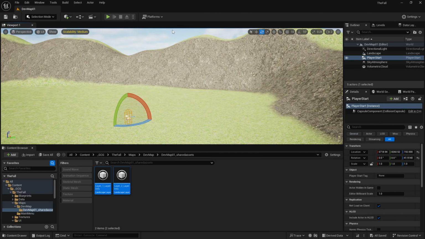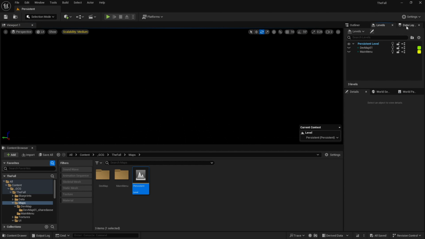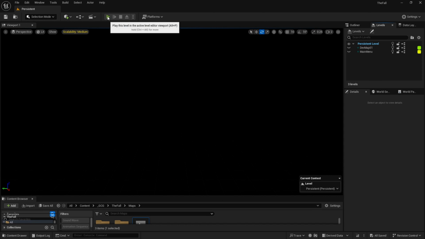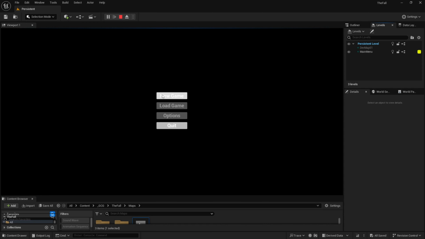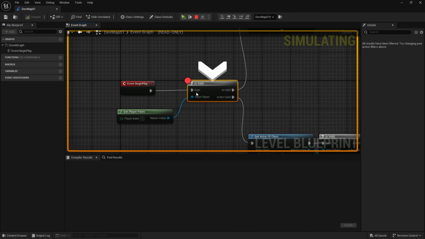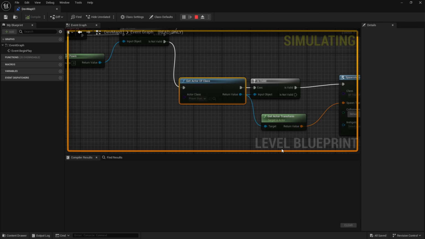So we're going to close out of our level. We are going to go to our maps and our persistent map. I'm going to make sure our level tab is open. And as you can watch, the main menu and dev map 1 are both unloaded. Drop this down and hit play. We're going to hit new game, and we're hitting that breakpoint I just placed. So this should go down the invalid flow. I'm going to hit continue